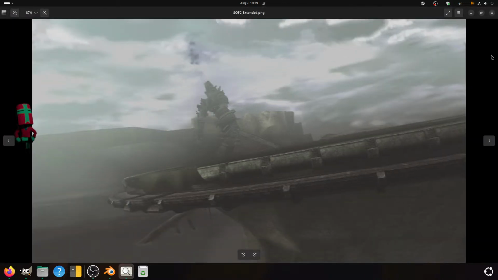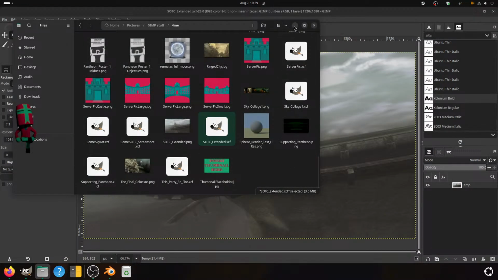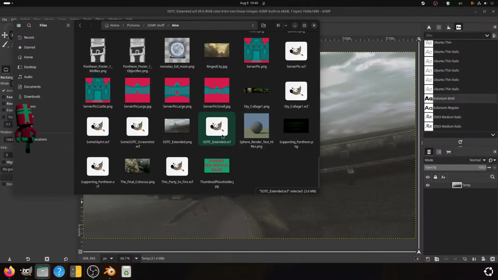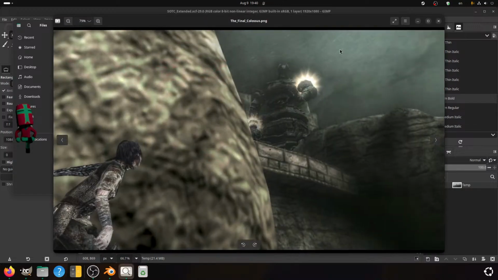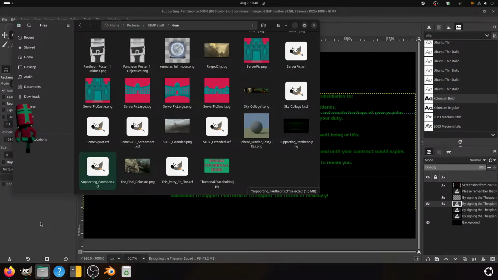It's a screenshot from Shadow of the Colossus. Now, I don't know if you can tell, if you are familiar with it. What is the point of this save? No, not this one.